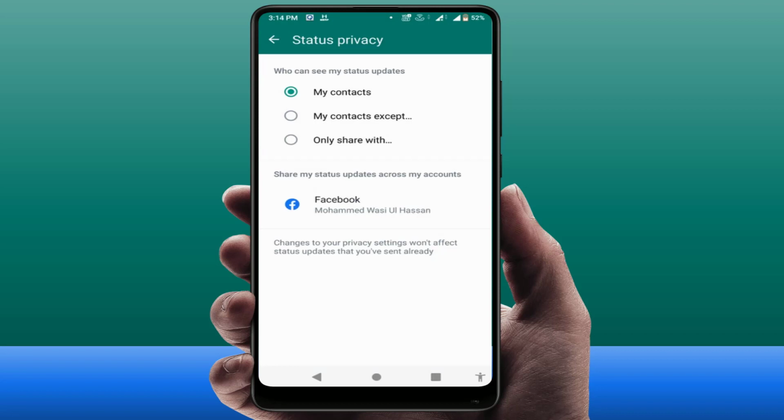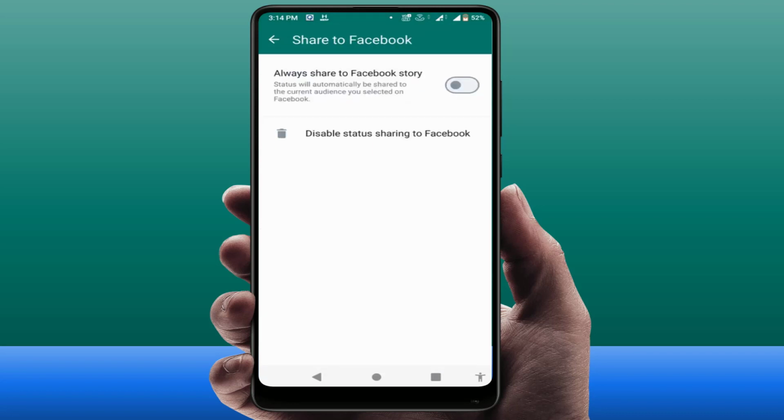So now you need to enable this option. Just tap on Facebook, and here you can get the option Always share to Facebook story. If you want to automatically share your WhatsApp status to your Facebook story, you just need to enable this option. That's it. So this is the easy and simple method to enable the Facebook and WhatsApp status sharing option